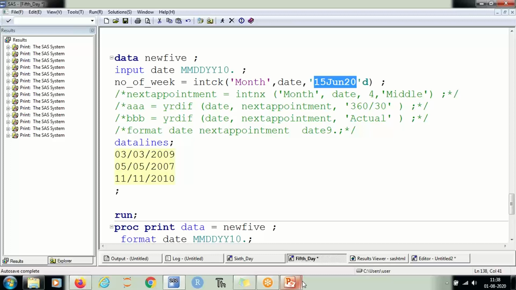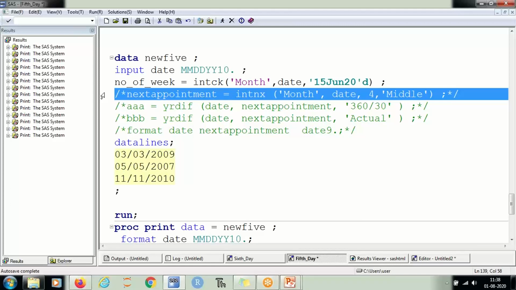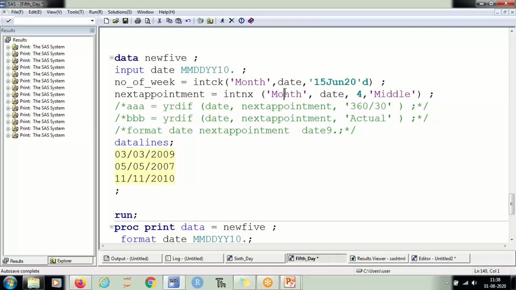Now, if you are not sure what date, you can use this function, interval next. This function requires which interval you are referring to, from which date, and how many intervals are required.